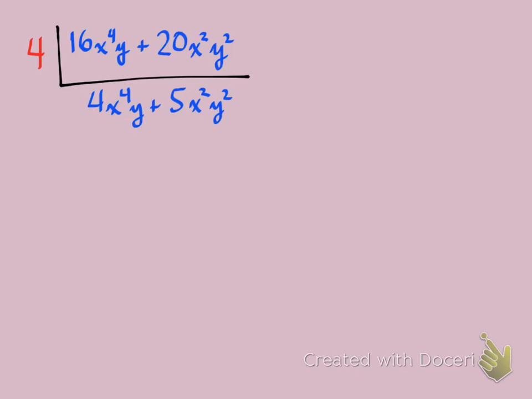And the 20 just gets divided by the 4, so now I have 5x squared y squared there. So that was it. I don't have to find the biggest common factor in one step. I can take it in as small a step as I am comfortable with. So right there I was comfortable with dealing with the 4 and not really trying to deal with the variables there and the exponents. But now that's what I got to do, because I can see that each of those